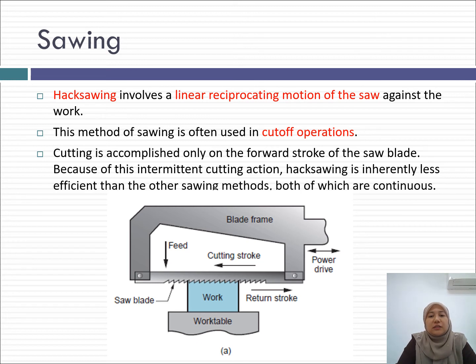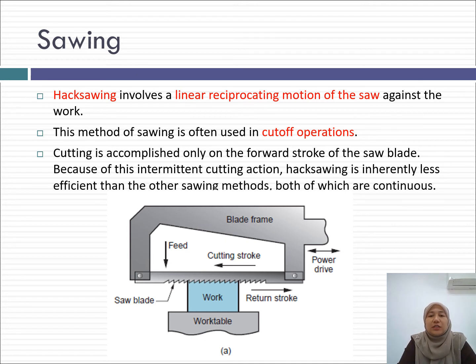So the cutting tool is reciprocating, right and left. The first direction is the cutting stroke, whereby the cutting operation happens, and the opposite direction is the return stroke, whereby there is no cutting operation. It needs to go back to the initial point before the cutting stroke happens again.